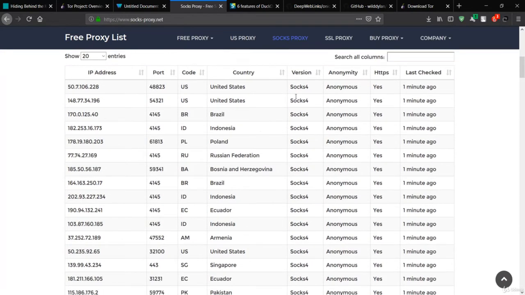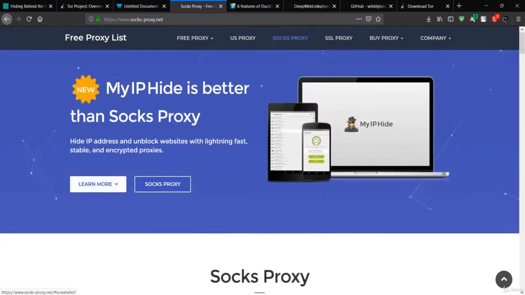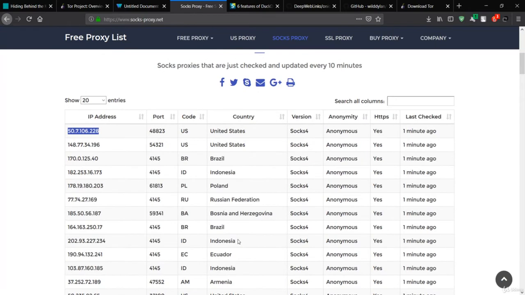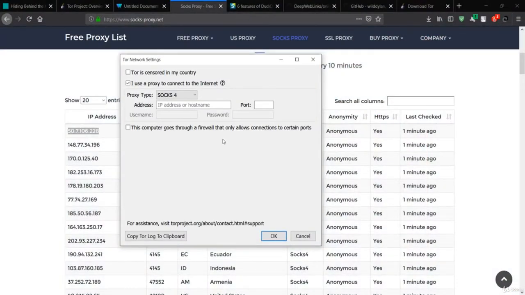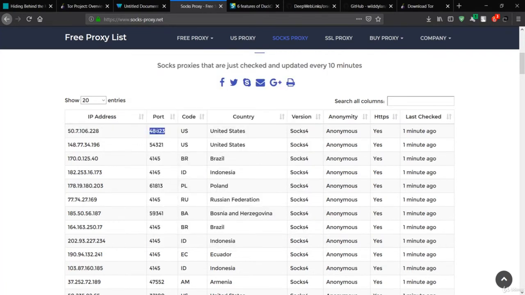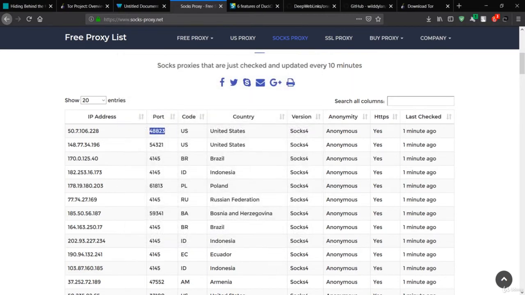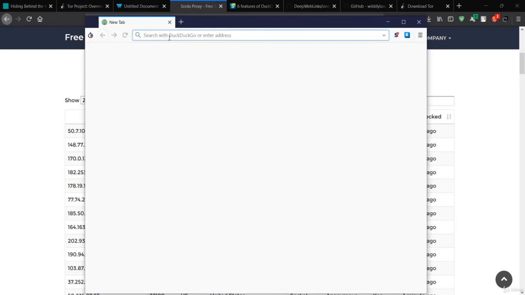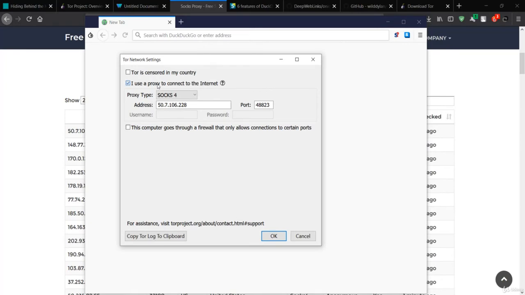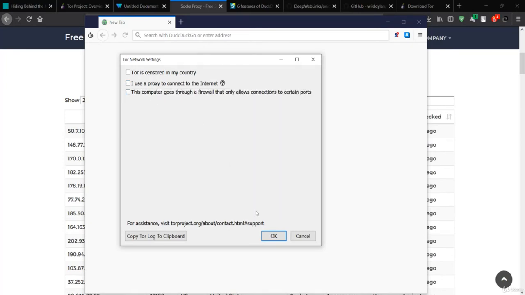These are the SOCKS4 proxies, so you can just get those, and simply take these IP addresses, and these are free. If you want to buy a proxy, it will be faster than this, but to give you the example, you can simply add the IP address, get the port of that IP address from here, and the username and password over here are optional. After that, you click OK to run your SOCKS proxy, and basically now we have successfully added that proxy to Tor. But I won't be adding it. So you could see how easy it is to add a proxy to the Tor browser.